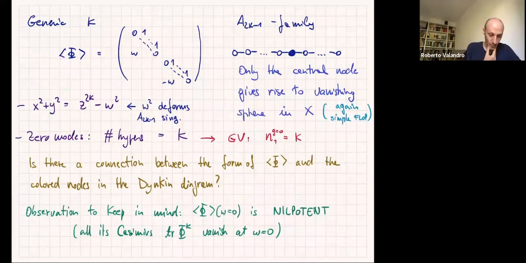Okay, so this can be generalized to the family of A_{2k-1} by taking again these 2k branes and switching on a Higgs web that is block diagonal in this way. And you find the other Reid's pagoda, which is now a family parameterized by this k. You make the zero mode computation, and you see that you get k hypermultiplets, in spite of the fact that this is still a simple flop, in the sense that we have only one P1 that is blown up in the resolution,